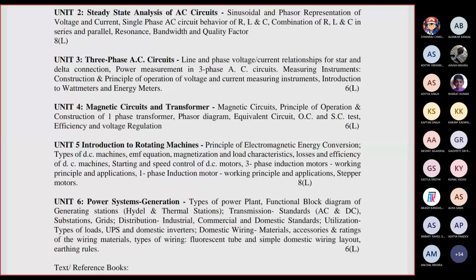Sorry. So again, in case of DC machines, we will be discussing the different constructional details of DC machine, then how EMF is generated for DC generators, then what are the various characteristics, that is magnetization characteristics and load characteristics, how we can estimate the losses and efficiency of a DC machine. So this is for both generator and motor, right? Then how we can start and control the speed of DC motors.